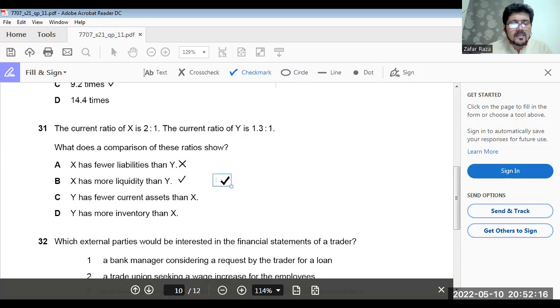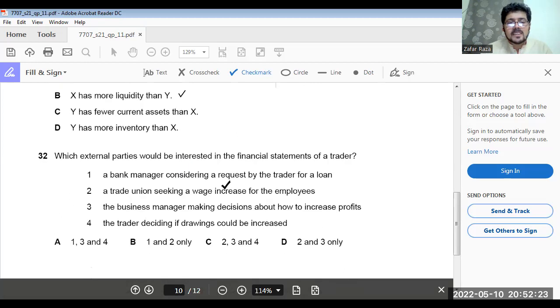Now, this can be known: X has more liquidity than Y. No need for the rest, I have read two options. Okay. Which external parties would be interested in the financial statement of a trader? Okay. Now,